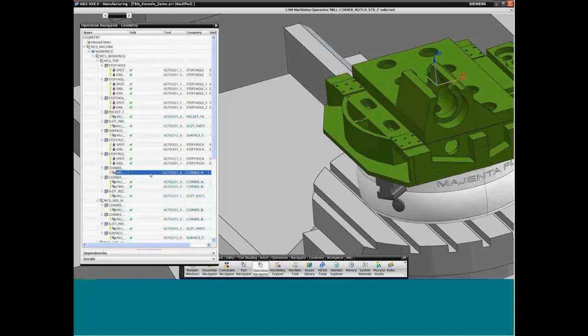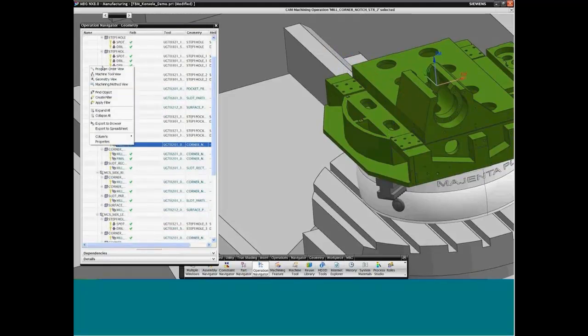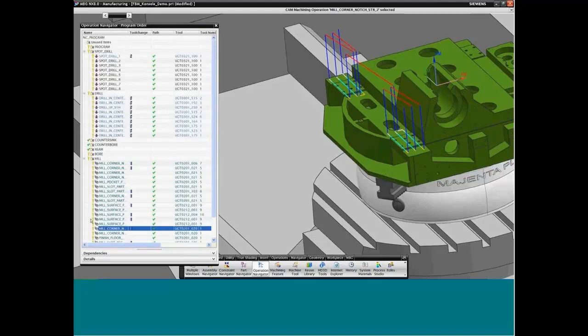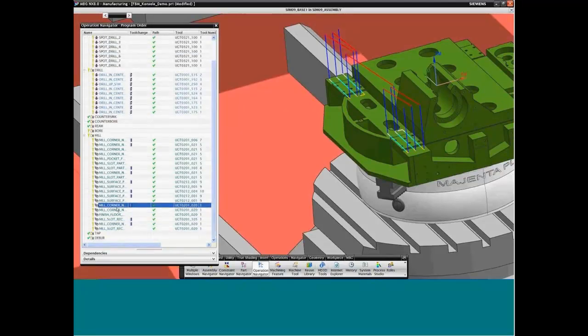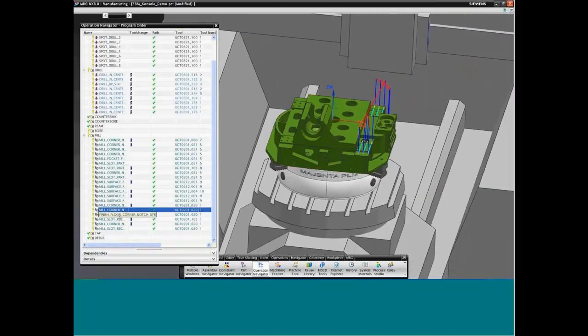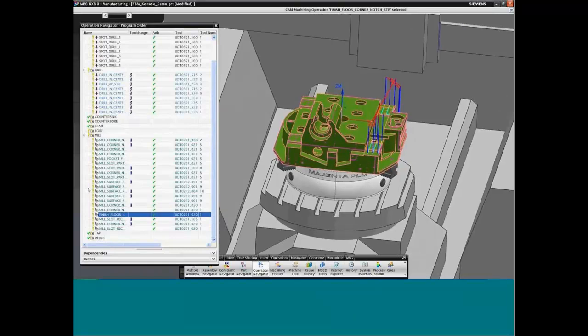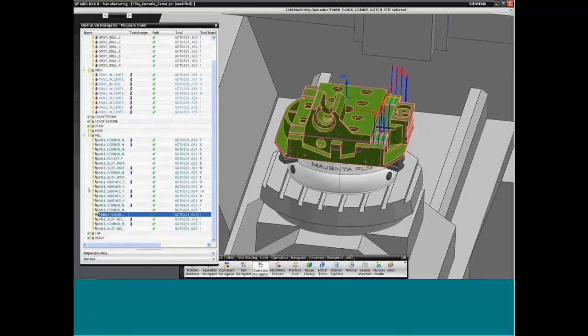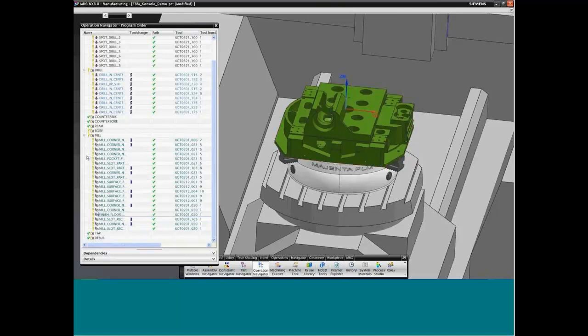Okay, so we'll have a look at that. And again, if we look in the program order view, we'll see that those operations have been added to the program order view, ready for output to the post-processor. Okay, so we've seen how easily, with the use of feature recognition and the machining knowledge editor, NX is capable